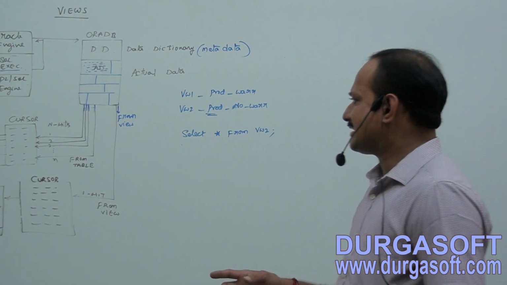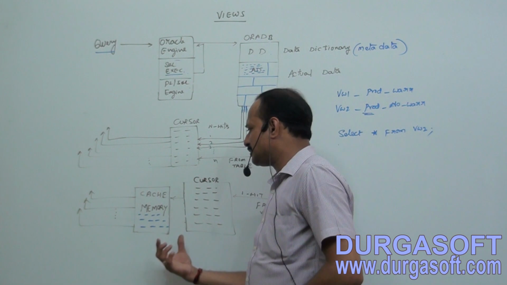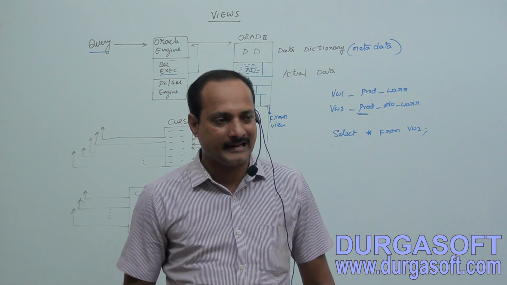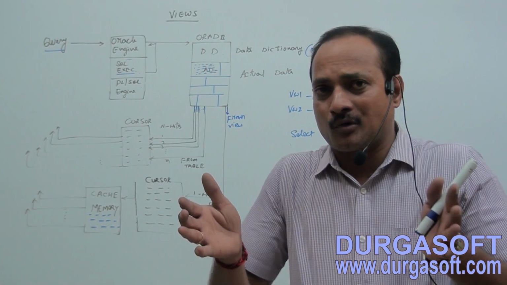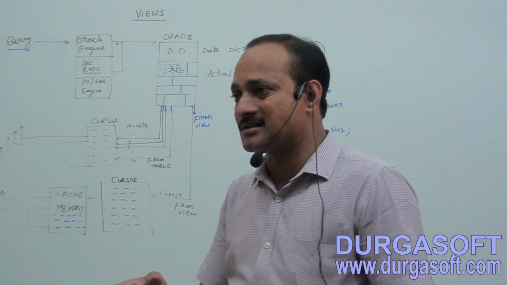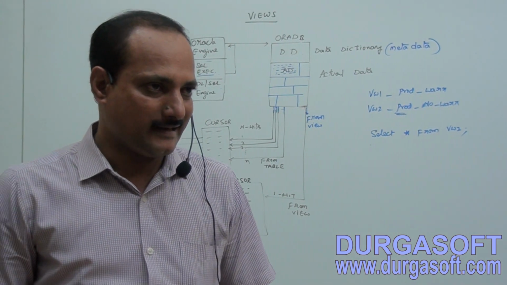Okay, the first time I select data, there is a hit. The second time I also get 3 records, meaning 3 product details having no warranty. But after some time, maybe some more products are added to the product details table. Of those new products, 5 are not having any warranty. In that case,